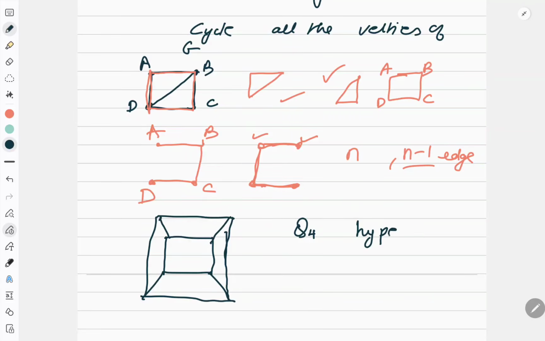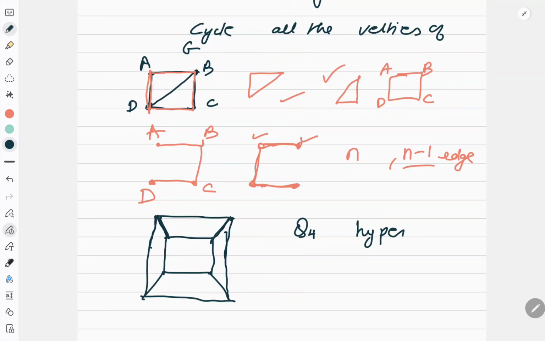In the handshaking property, where I discussed the regular graph, I told you a K-regular graph with 2 to the power K vertices is called a hypercube, QK hypercube. So this is a cubic hypercube because every vertex has degree 3 and the number of vertices is 2 to the power 3. So it is Q4. Now,